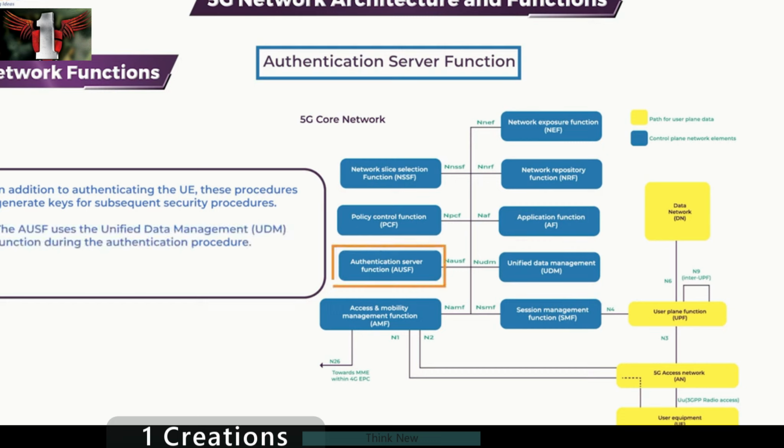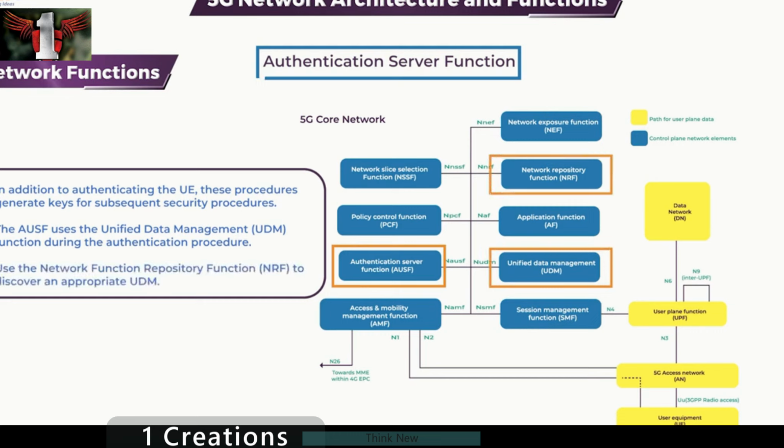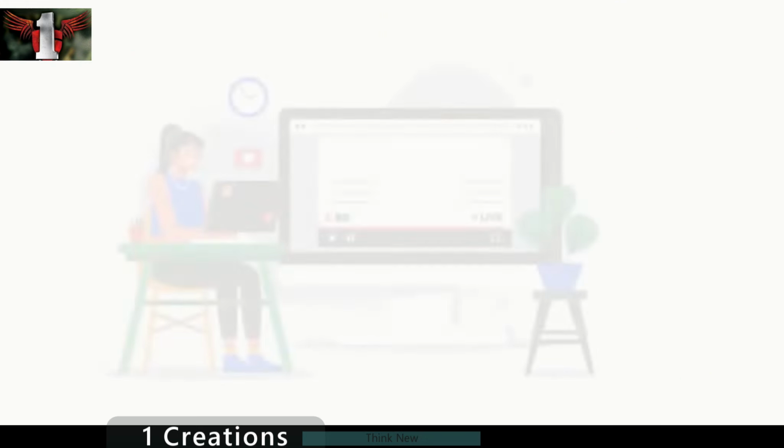The AUSF uses the Unified Data Management function during the authentication procedure. Subscription information is managed by the UDM. The AUSF may be configured to use a specific UDM, or it may use the network function repository function to discover an appropriate UDM. Here I conclude this